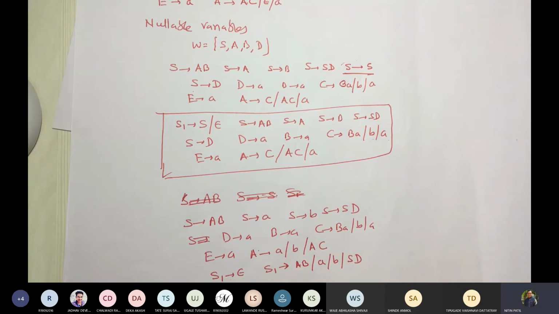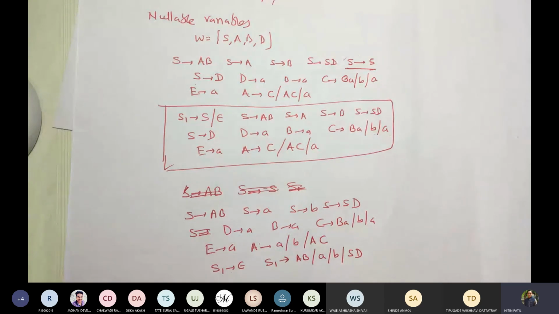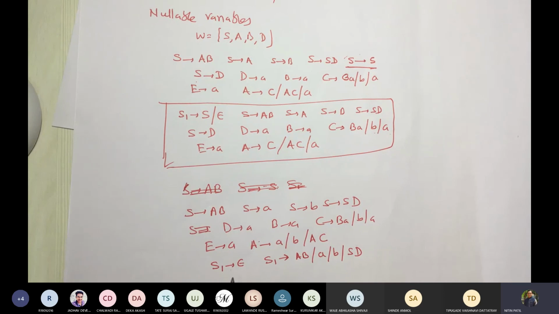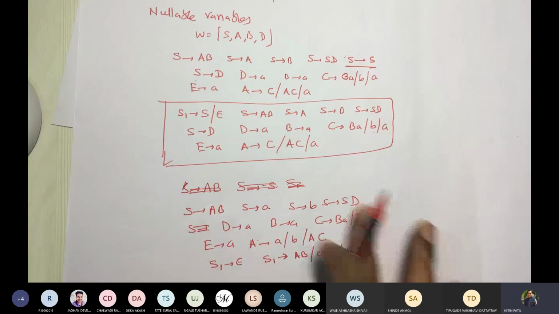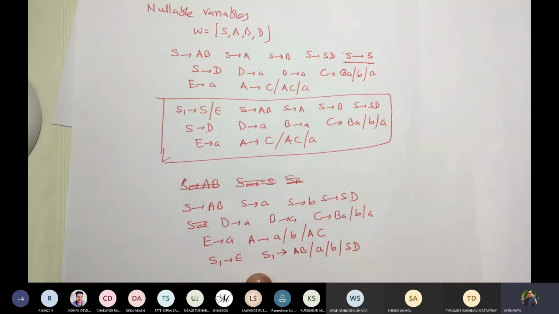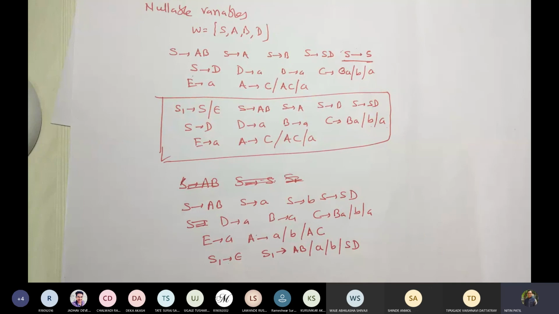And then you can move on working with this. So I leave this part to you to apply the next algorithm for getting an equivalent grammar such that every variable is giving you a terminal. Later, because we already removed the unit productions, every variable will be giving us a terminal, and then every symbol appears in a sentential form.